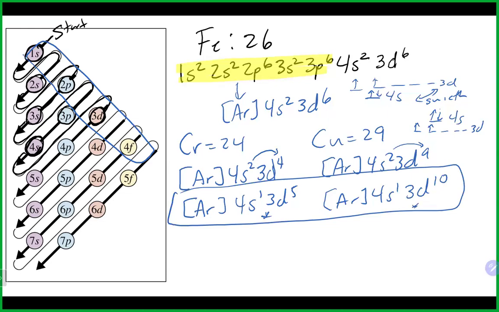Look on the periodic table where chromium and copper are, and as you go down and in, there's a ton of exceptions in those areas. For example, Pd, which is to the left of silver, has no electrons in the s. They've all gone up to the d. But for our purposes here, you're only responsible to know chromium and copper's exceptions. For everybody else, you can just follow the little zigzag thing and write it like normal. First off, any questions on that there? Okay, now